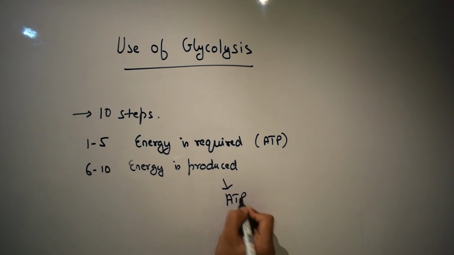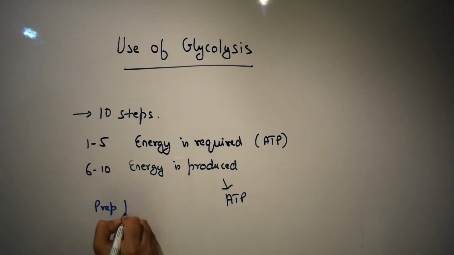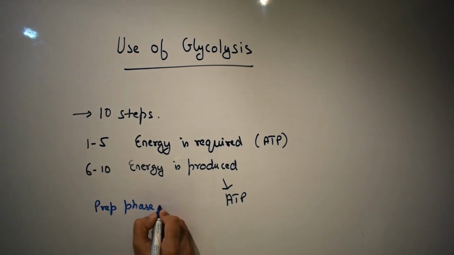The 1st to 5th steps are called the prep phase or the preparatory phase, whereas the 6th to 10th is called the payoff phase, because it pays off in the form of energy, and also electron donors are formed. In the preparatory phase, the cell has to break down glucose. So in the prep phase, the C6, the glucose, breaks down to C3, okay, and in the payoff phase, where we get ATP,